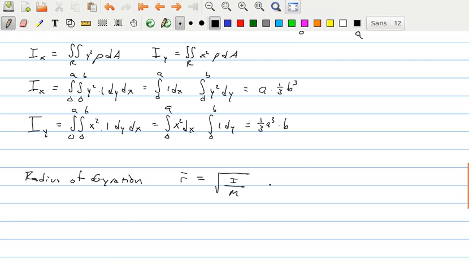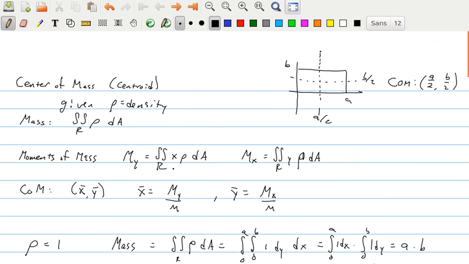So let's say, for example, we were looking at the radius of gyration in the y direction. So this would be the square root of, now we want to know in the y direction, so just like center of mass, if we look back at the previous page, now center of mass, the